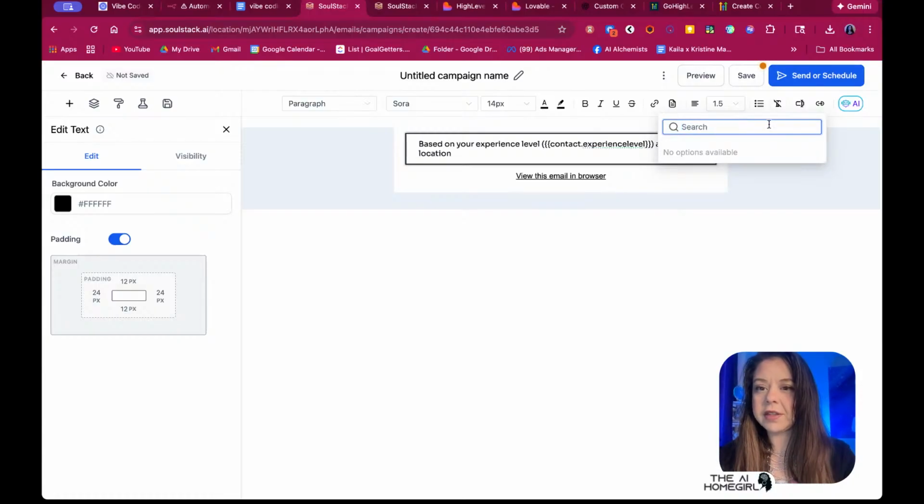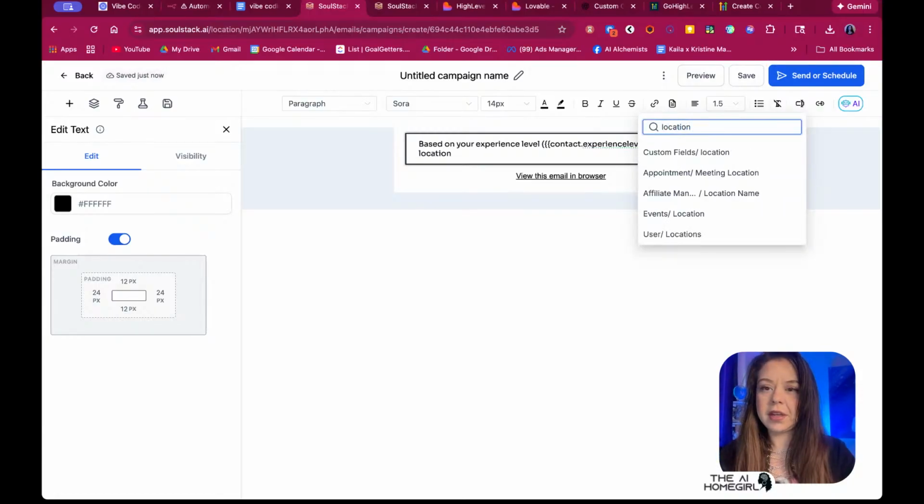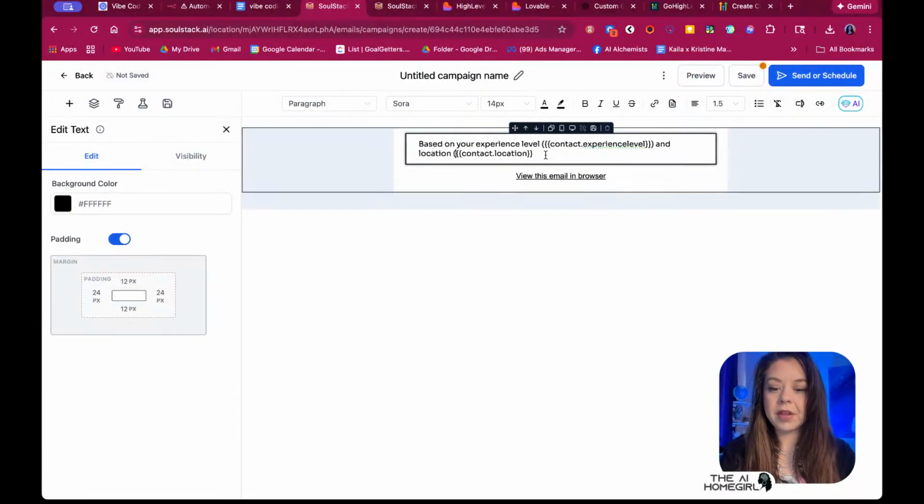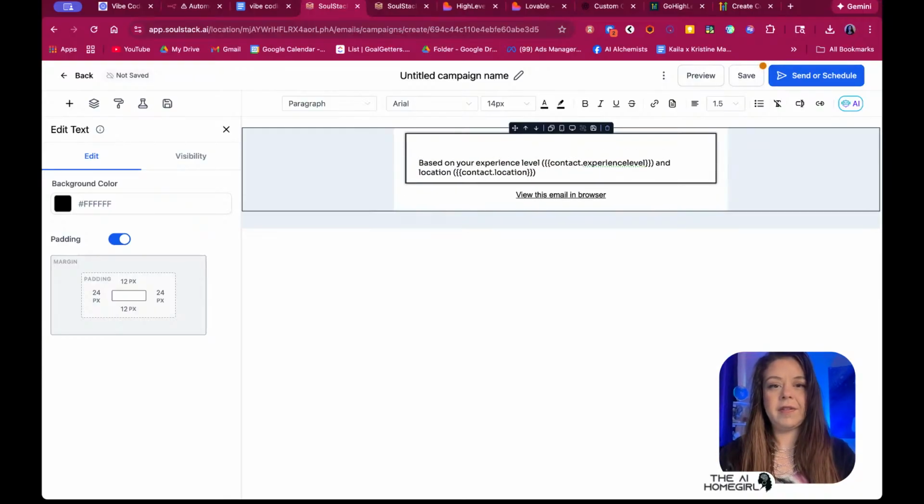Oh no, that's the wrong one. I'm looking for custom values. Location, and that's a custom field location. So like, you requested... you're getting this email because you wanted to know how much to charge for